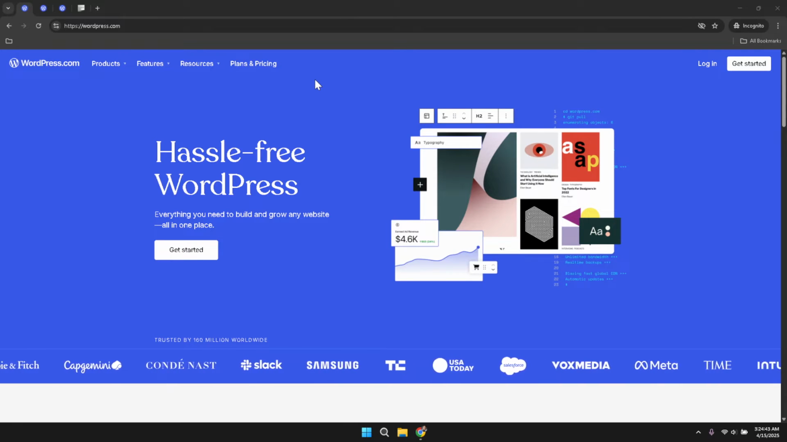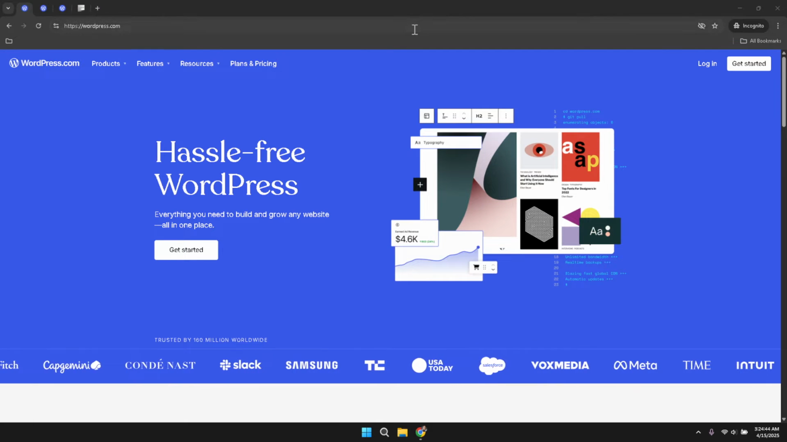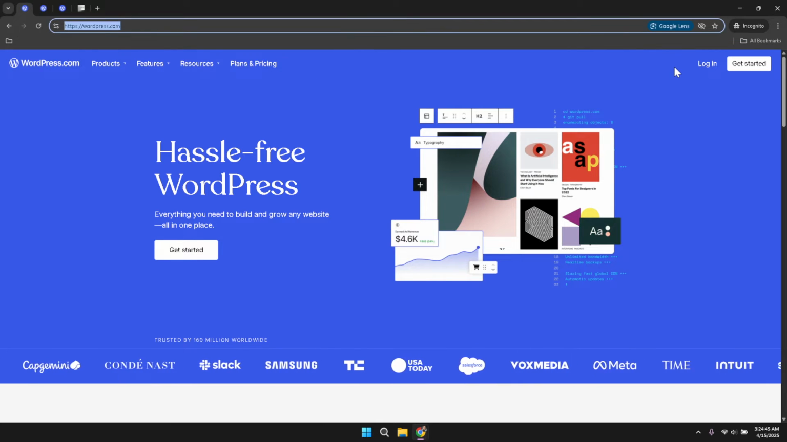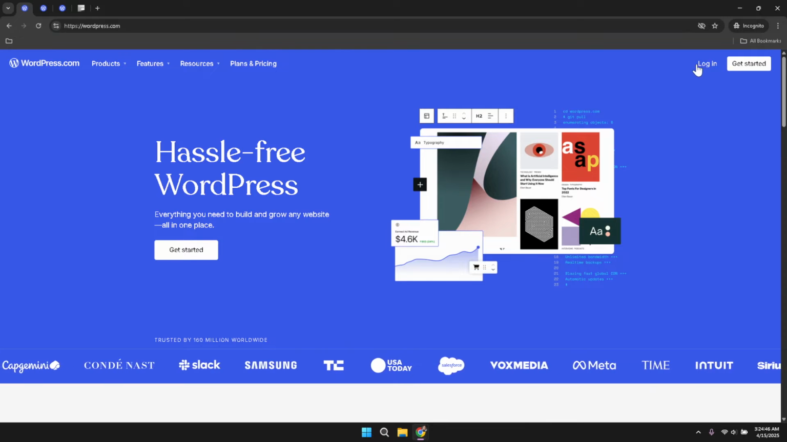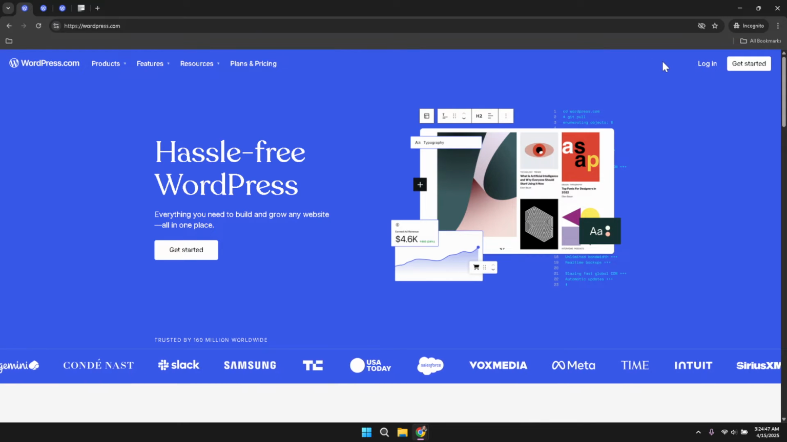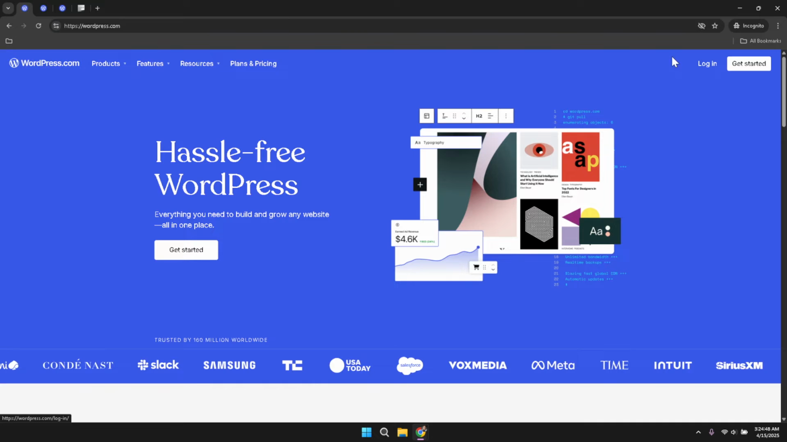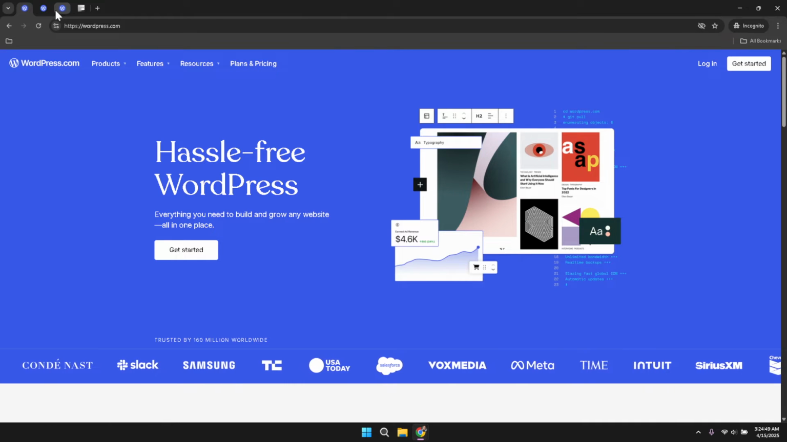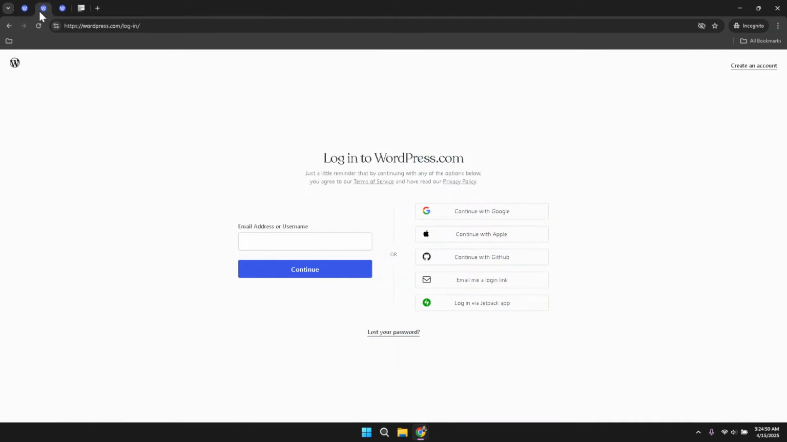Once you have the site loaded, locate the login option typically found in the top right corner of the page. Clicking on the login button will start the process of securely accessing your WordPress dashboard. If you are already familiar with WordPress, these steps should be straightforward and guide you into the administration area of